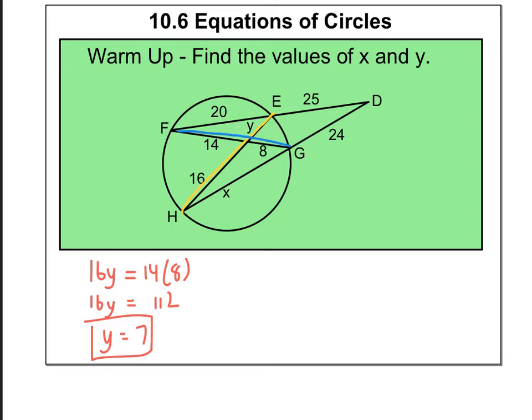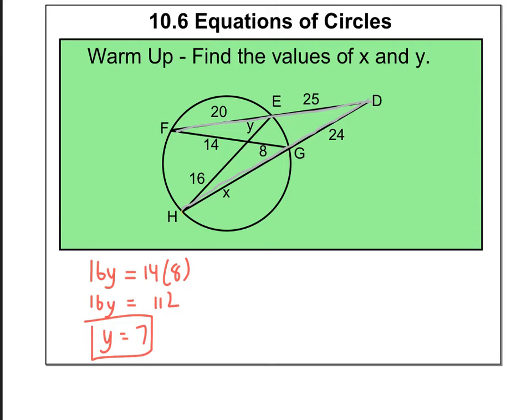Okay, so that was one of the rules. And now to get x, we're going to have to use something else. Let's see what's going on with segment X. Let's use a different color here. Okay, segment X is part of this secant. And there was a rule, if I use that along with this secant, one of the rules said that the outer piece times the entire piece of one secant must equal the outside piece times the entire length of the